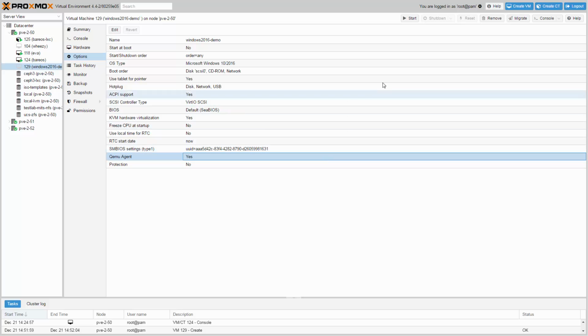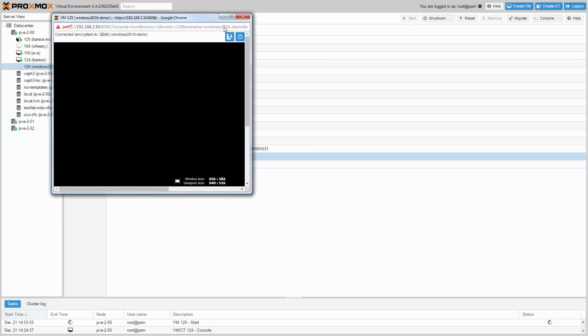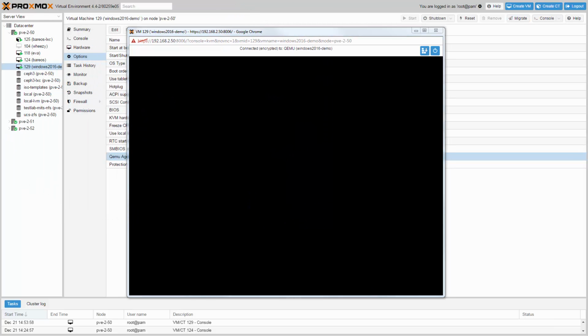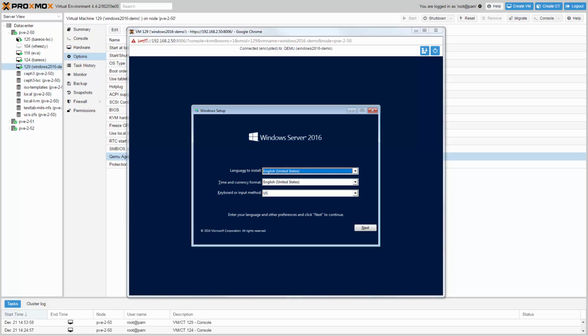Now you can start the VM, and on the console you can follow the Windows installation wizard. Select the needed keyboard layout, and click Next.